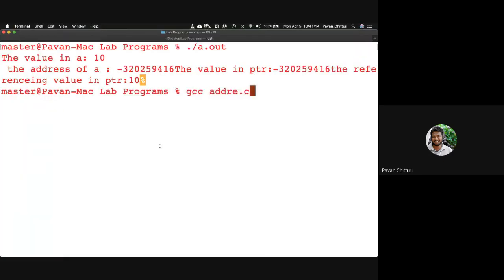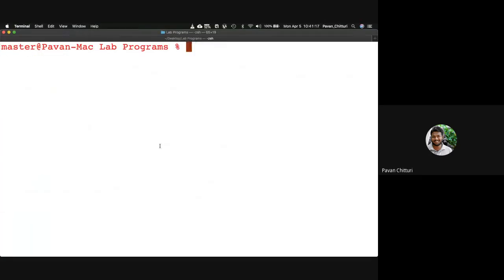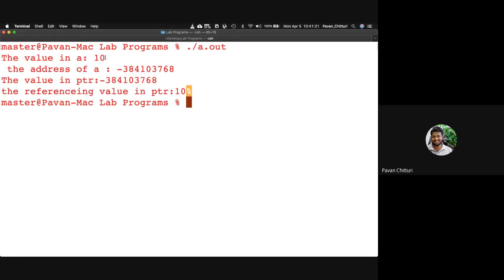So I am recompiling this. I am clearing the screen. I am executing it now. If you see, the value we have given, 10, the address of that particular variable a, and the value inside the pointer variable, both are the same. Now the referencing value in the pointer, what value is residing in the address which was there in PTR, that is 10.